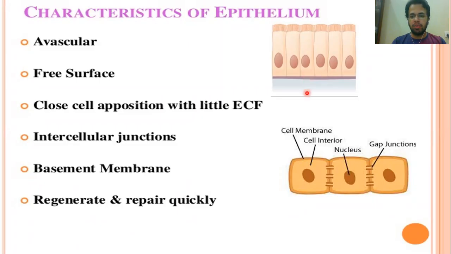And also between the epithelial cells there are the gap junctions. These are the epithelial cells, and between the epithelial cells there are also the gap junctions. And what is the purpose of these gap junctions? The purpose of these gap junctions is that they allow the transport of different ions, proteins and different substances from one epithelial cell to the other epithelial cell. So this is also a property of the epithelial cells, that the different gap junctions are also present, which allow the transport of different substances from one cell to another cell, right? So these are some characteristics of the epithelial cells.